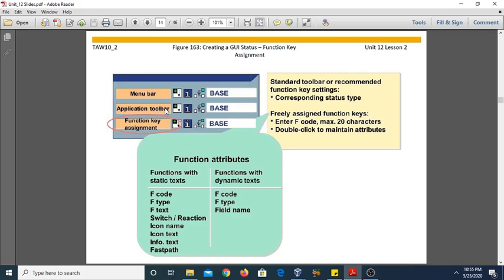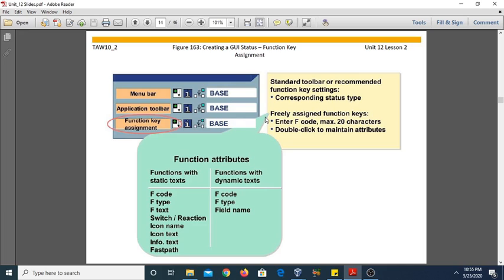So generally we have two types of functions: functions with static text as well as functions with dynamic text, each of which can have a number of specific attributes. Functions with static text have attributes like fcode, ftype, ftext, switch, icon name, icon text, and so on. Similarly, functions with dynamic text have attributes: fcode, ftype, and field names.